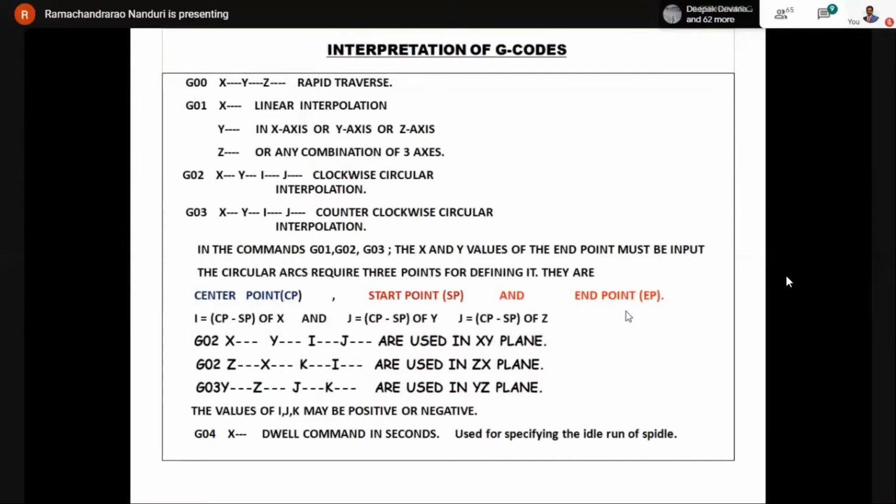Okay? In that, before giving the G00 command, we should ensure that the tool movements or the spindle movements are not hindered by the workpiece or cutting tool or anything. If any obstructions are there in its path, it will simply come and collide with it and an accident takes place. Before giving the command, we should verify practically on the machine with the entire setup readily done, so that all the movements are done safely without any collisions.